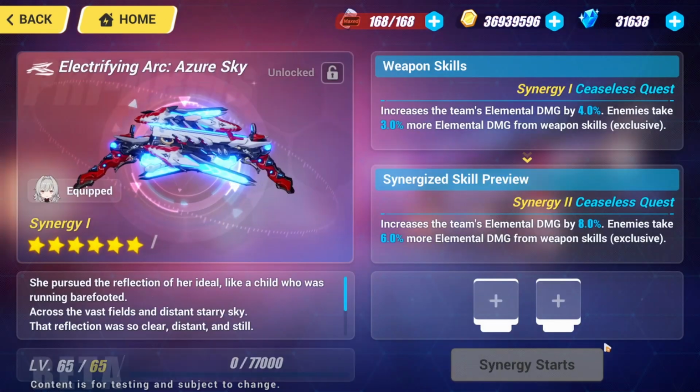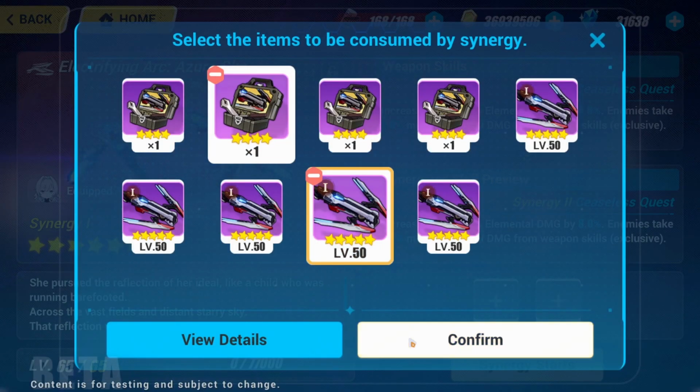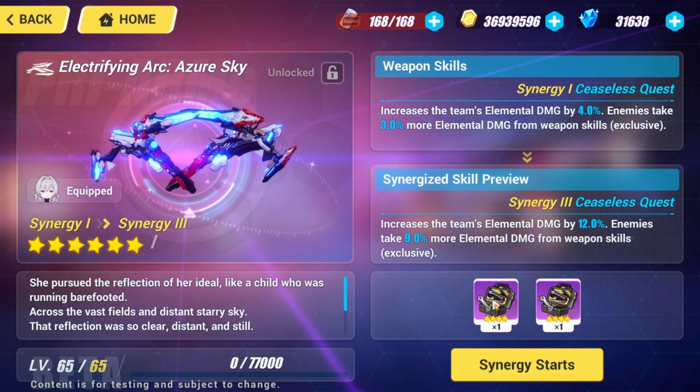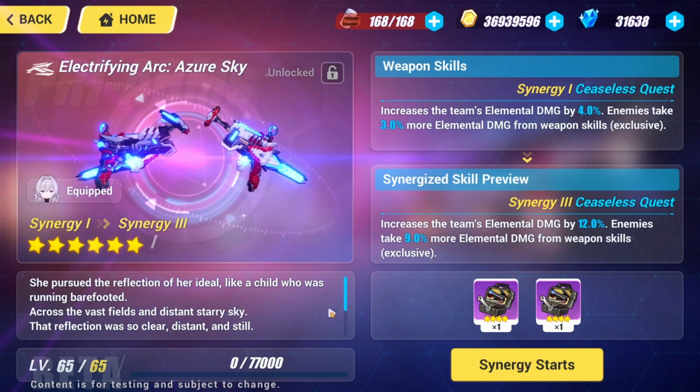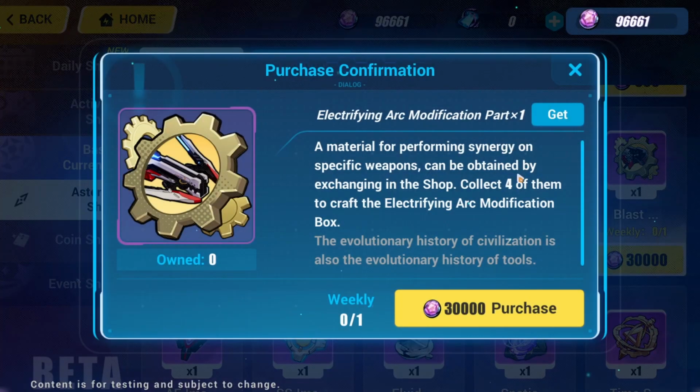Newly released high-ranked weapons include an upgradable Synergy skill. You can consume some copies of the same base weapon or modification boxes to permanently level up the Synergy skill. Do note that modification boxes can be crafted using 4 modification parts, which can be bought once each per week